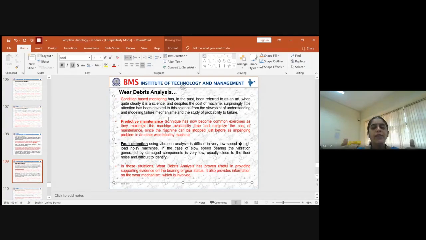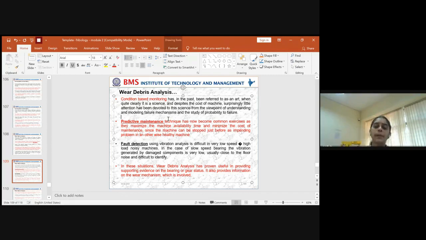To identify what is happening during the motion of the two mechanical components, a proper condition-based monitoring is essential. This is purely science, where each and every step has to be monitored and analyzed, and a conclusion has to be given that this type of wear is occurring due to this particular failure mechanism. And to validate, you should have a proof. So you can map this theoretically.